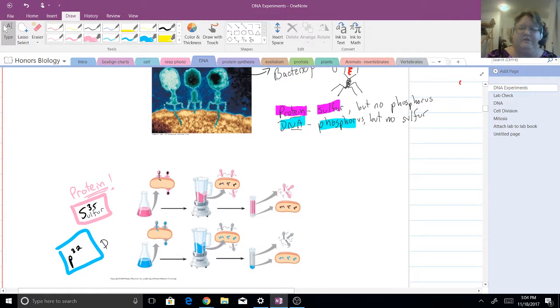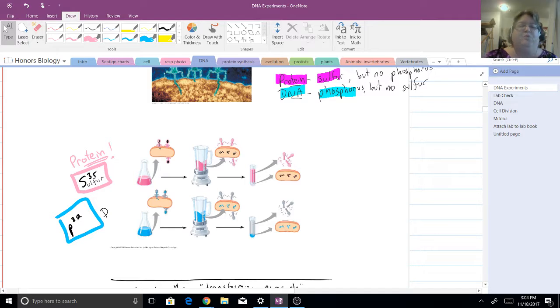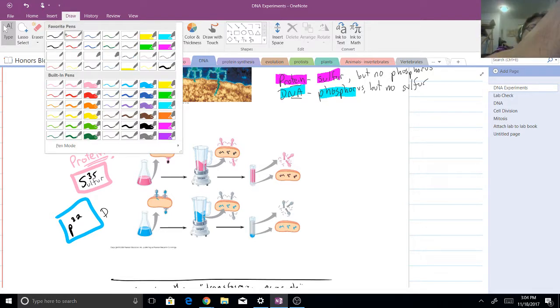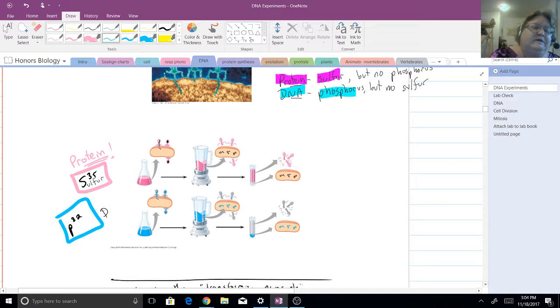So here's the experiment. They are using sulfur for the protein in one batch of these bacteriophage, and then the other batch has phosphorus. And remember, those are elements, and because they're elements, most of them have an isotope. Now, if you need a quick review, an isotope has extra neutrons, and that means it's got ever so slightly different characteristics. Sometimes isotopes are radioactive, sometimes they're not, but we can oftentimes figure out where they went, because they're different than the normal molecule.